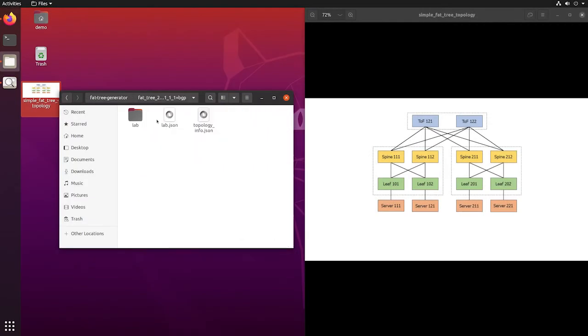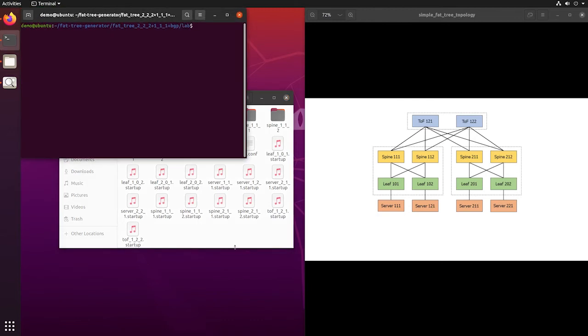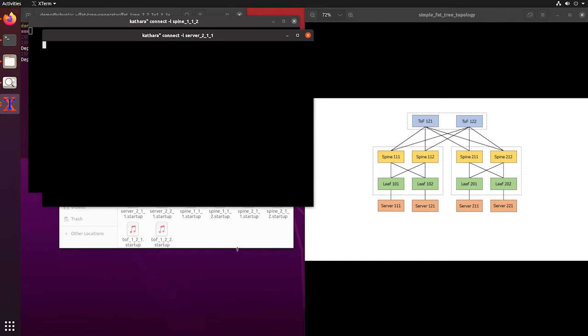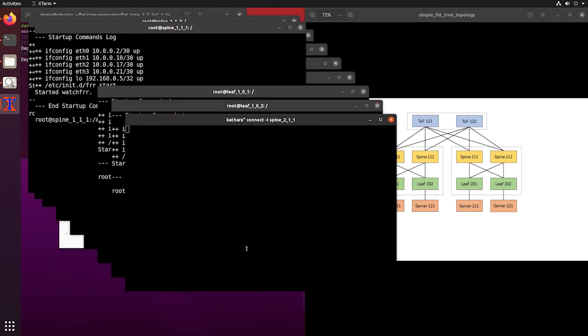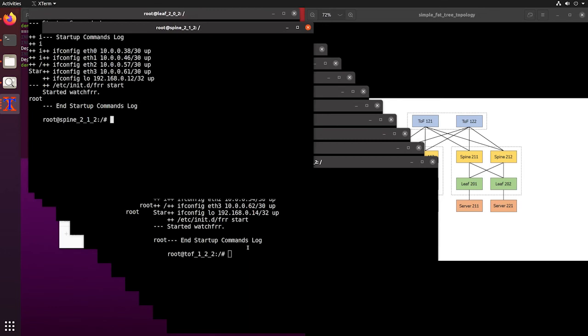Now, let's deploy a topology with Kathará. So, I enter the lab folder and write kathara lstart. On the first run, Kathará will install some additional components and download the required images. As you can see, it is very fast, and in a few seconds you have a virtual FAT-tree up and running.